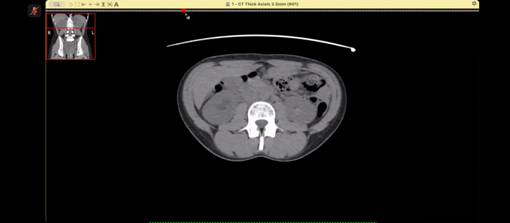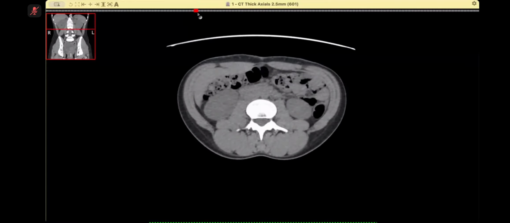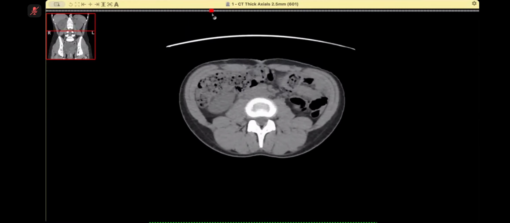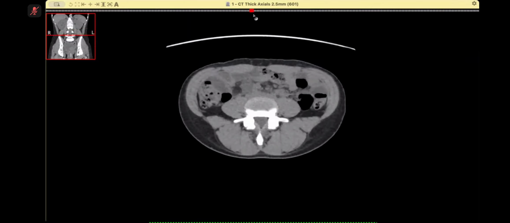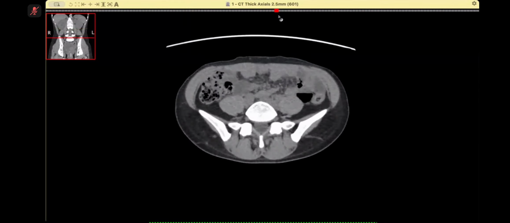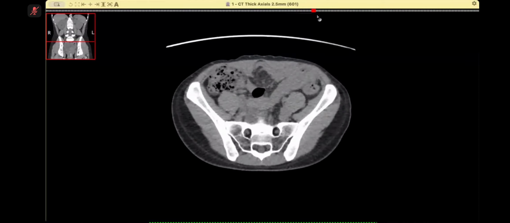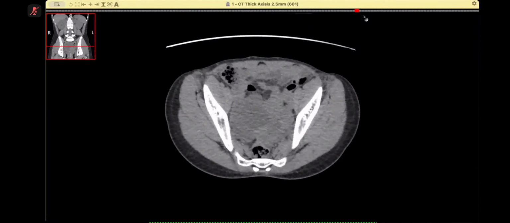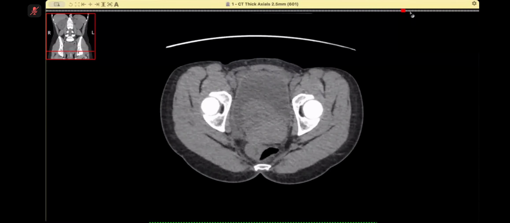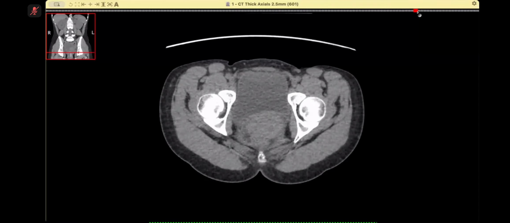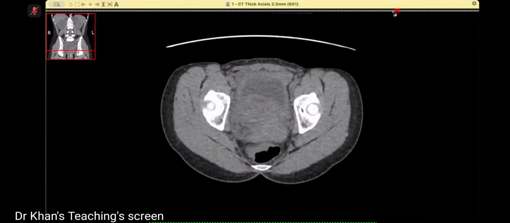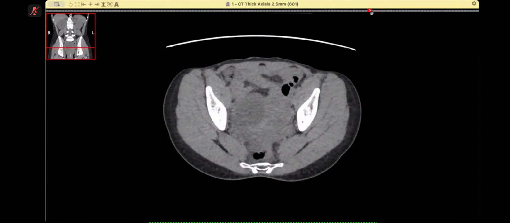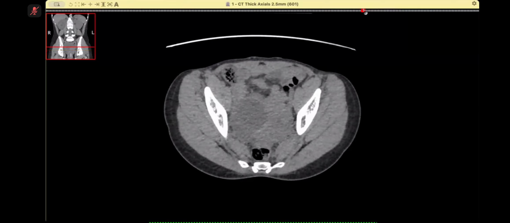Left kidney appeared normal, scrolling through the images. The urinary bladder is well distended and appears normal. However, I can see a cystic area in the right hemipelvis,